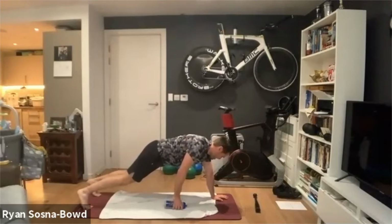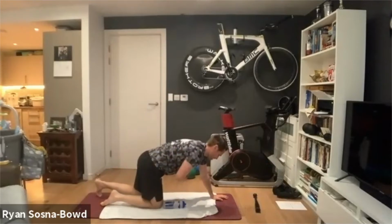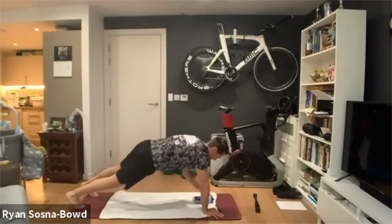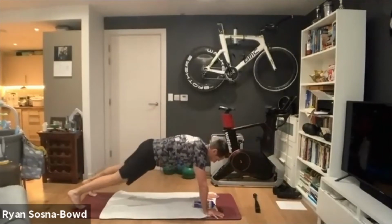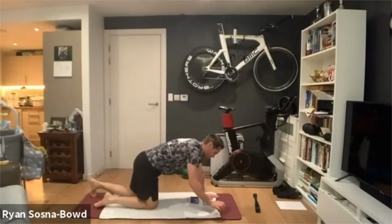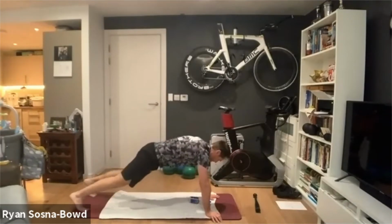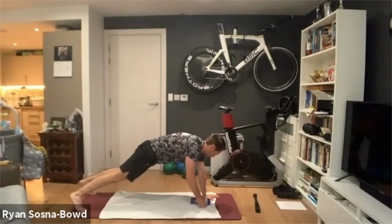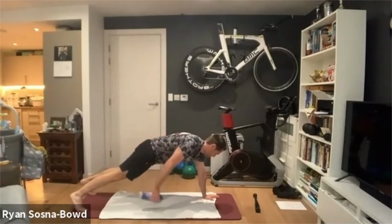And then do 10, either 10 on one side and 10 on the other, or if you want to make it a bit easier, you can alternate your reps, depending on where you are. I'm going to do it on one side, or attempt to. Away we go. So nice strong plank, nice strong core, tilt your pelvis back, keep your abs braced, and 1,